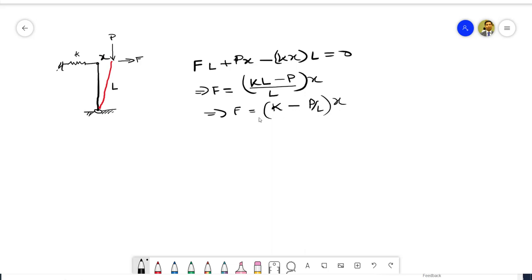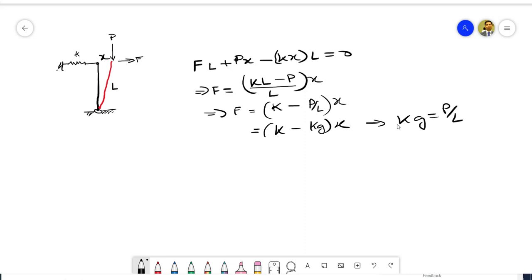So after rearranging, we can get this term. So basically here, this applied force F, and this is the displacement. In general, we could determine it by F equal to K times L, that is the stiffness of the spring. But here you can see this term has also got inside. And this term is also representing the stiffness, lateral stiffness. So we can say that this is like K into kg times x, and this kg